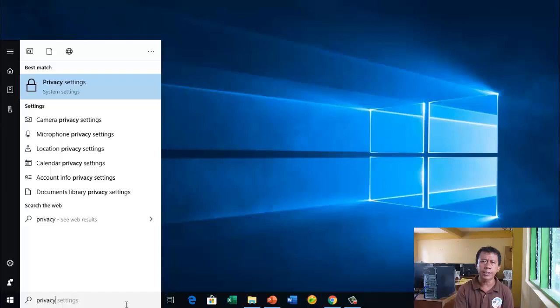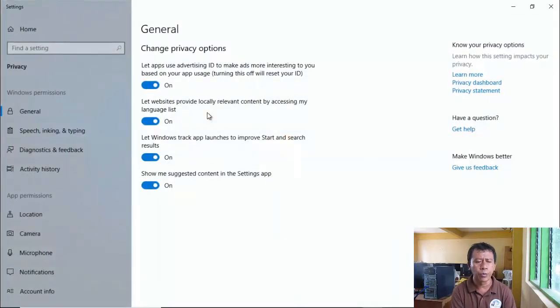Though they could track us if they wanted to, they want us to choose whether we want to send information about all the activities on our PC, our laptops, our computer. So we have that option. Click Privacy settings, and we will be brought to this window. We have all these privacy options, and we can change this anytime we want to.